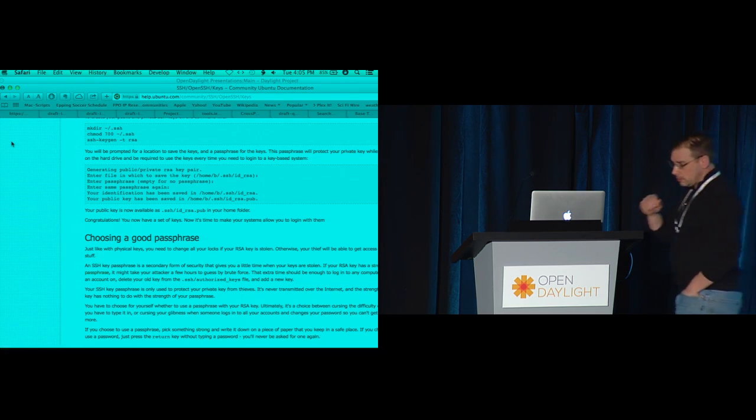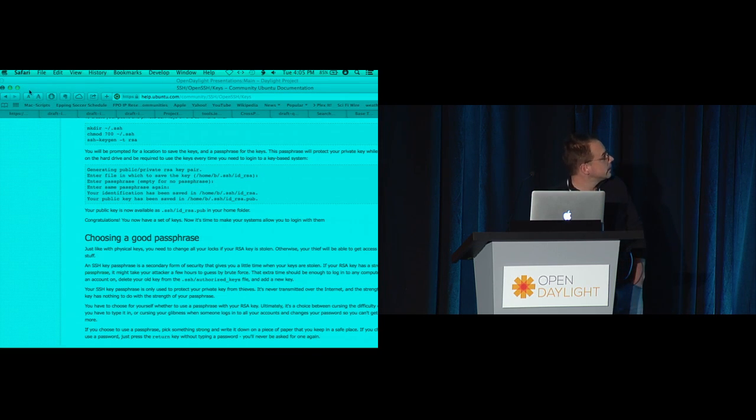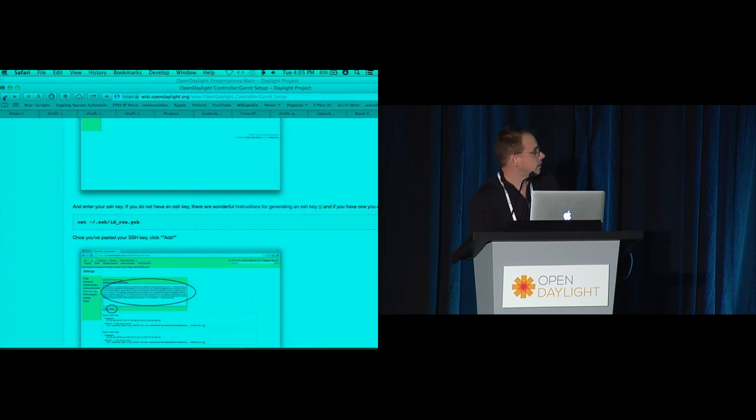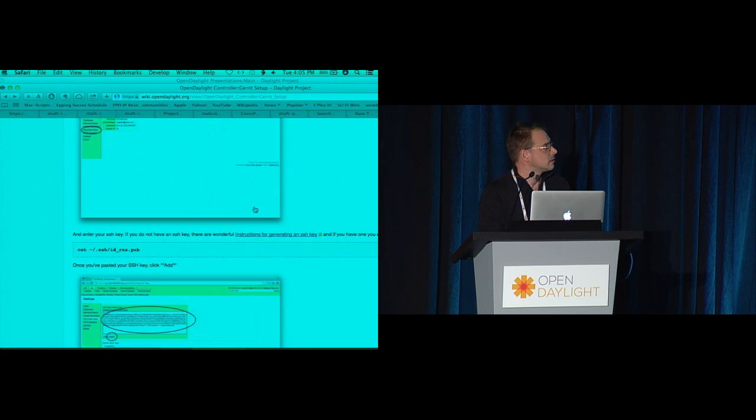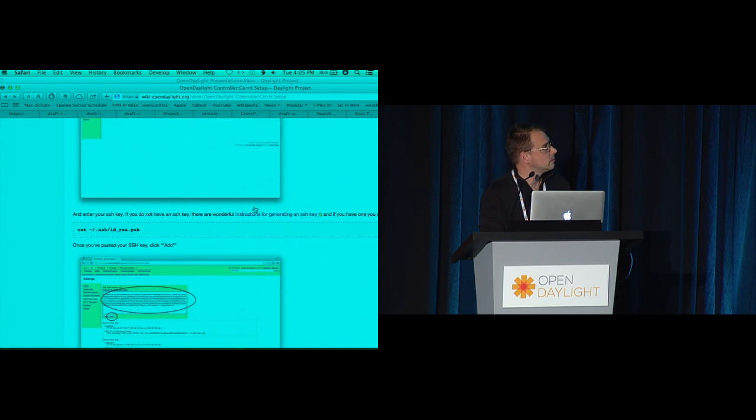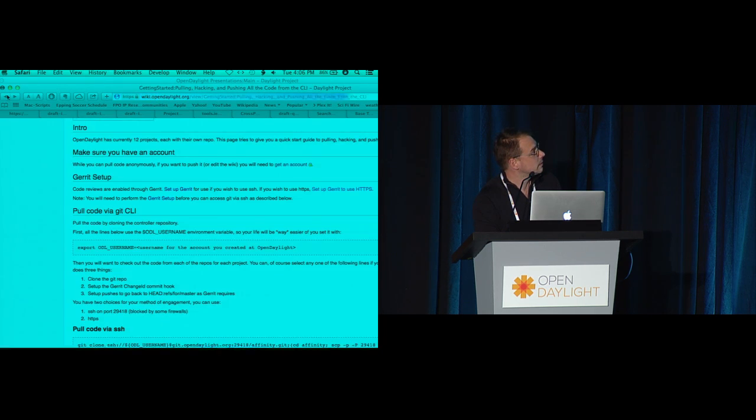There's a link on the previous page. It says generating. Right here. Sorry, it's hard to see. There's a hyperlink right there. You got it? It's kind of halfway down the page. Oh, sorry, wiki.opendaylight.org. So if you start there,